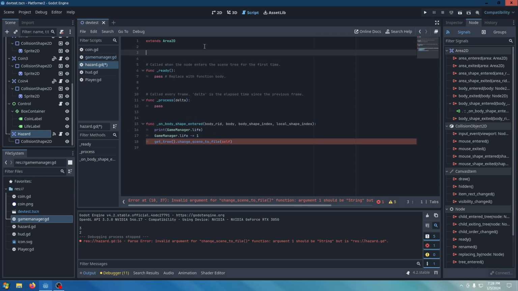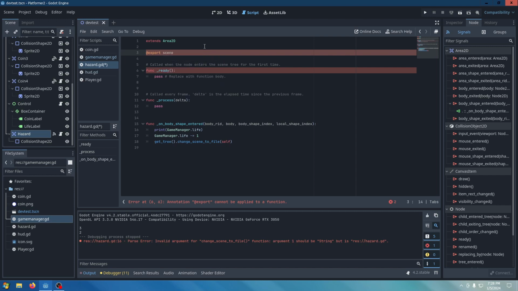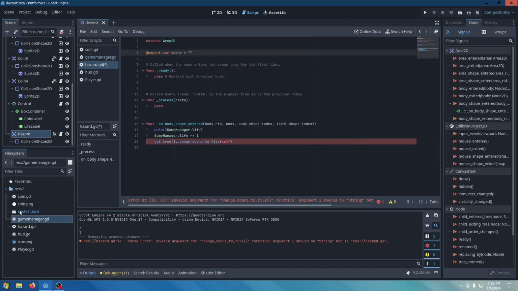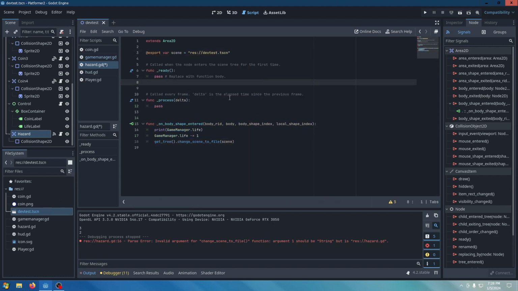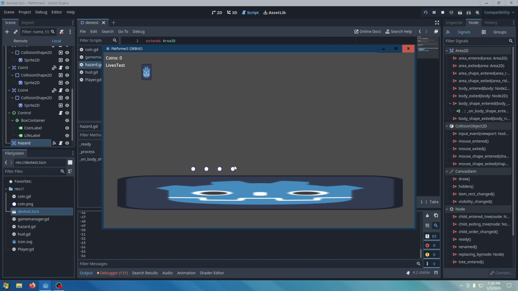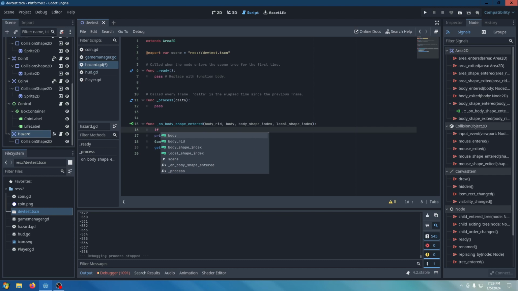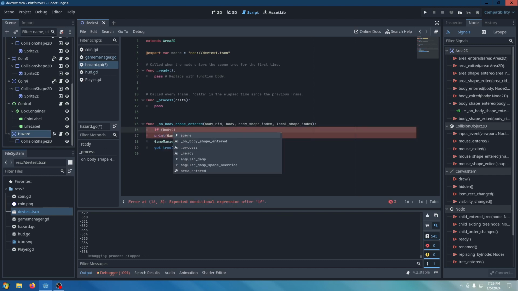Okay, my mistake. So what we are going to do is type in export variable scene equals the scene that we have on screen. Now let's go to Control S. Oh, let's go ahead and type in if body.is_in_group player,